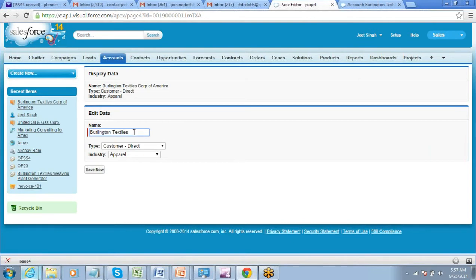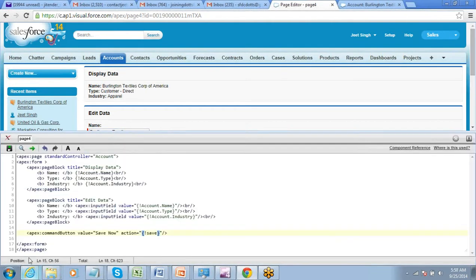Now whatever changes I have made, if I click on the save button, this will go and make the changes in the backend. So save is by default a defined action for our standard controllers, and you can just use it.